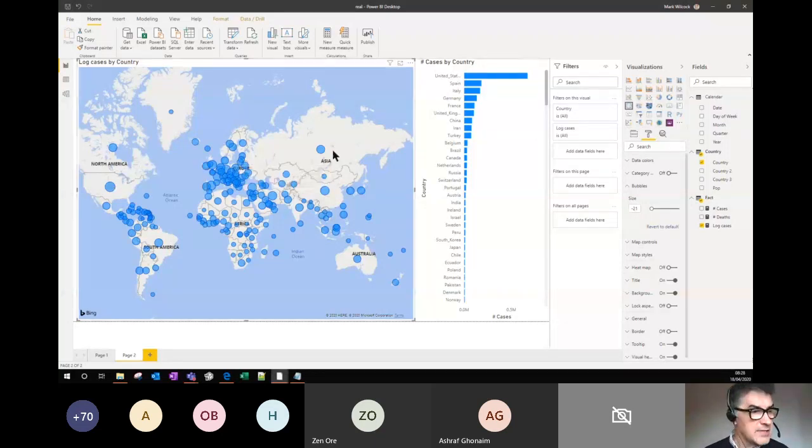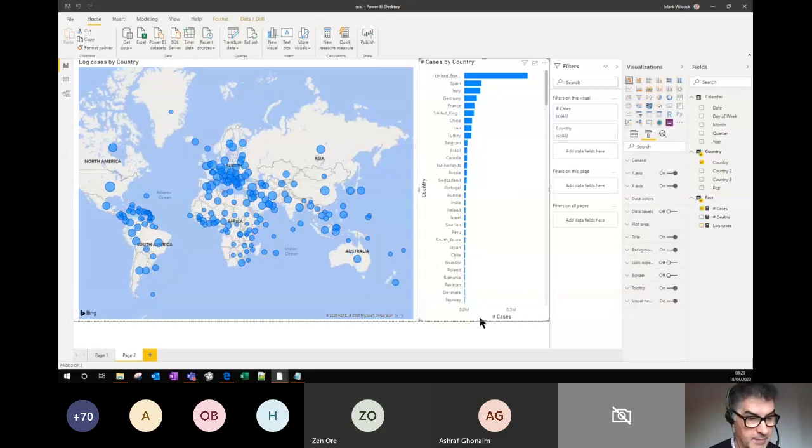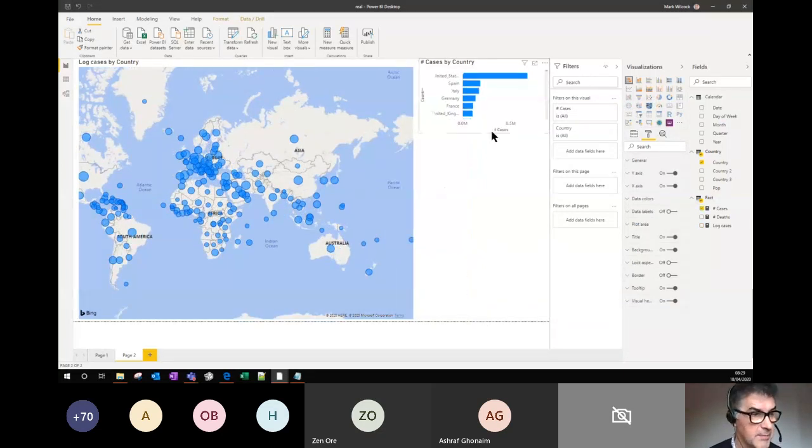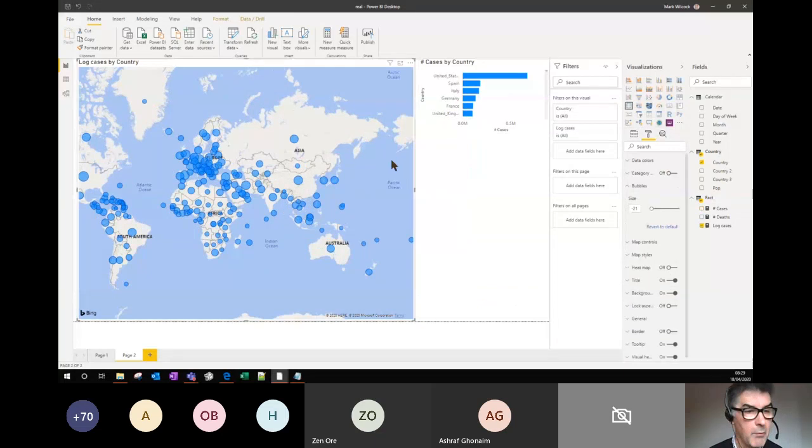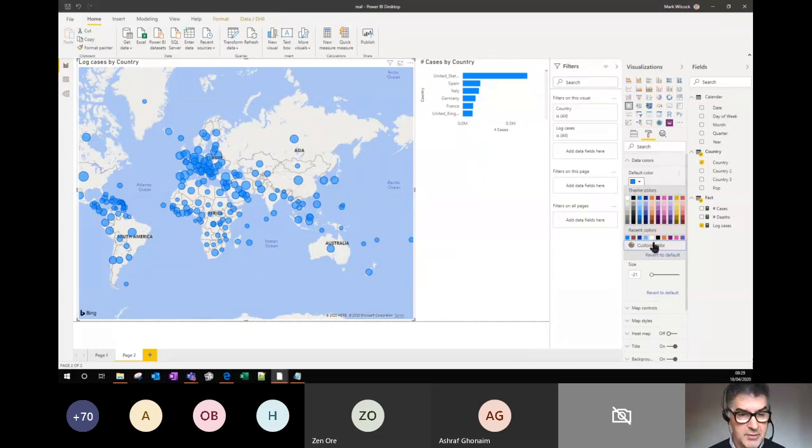But what that shows is doing calculation. Let's go a bit further and let's improve on this map that we've got. I'm going to take that, I'm going to bring that up there. And one thing that we could do is maybe we want to use a better color for that. So what I'm going to do is use a custom color for my bubbles, and